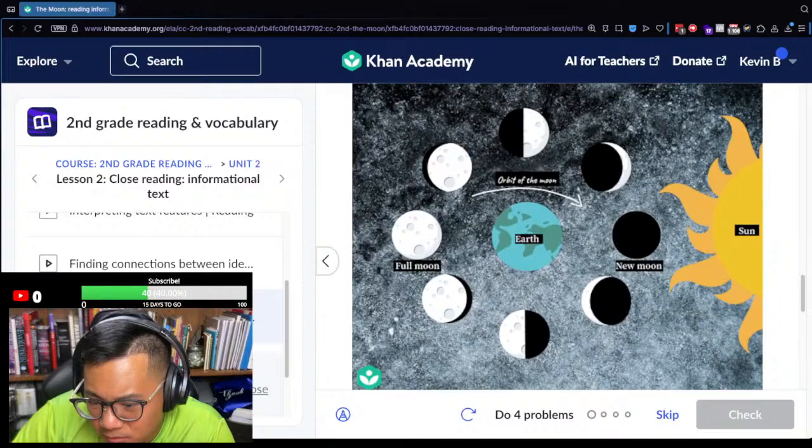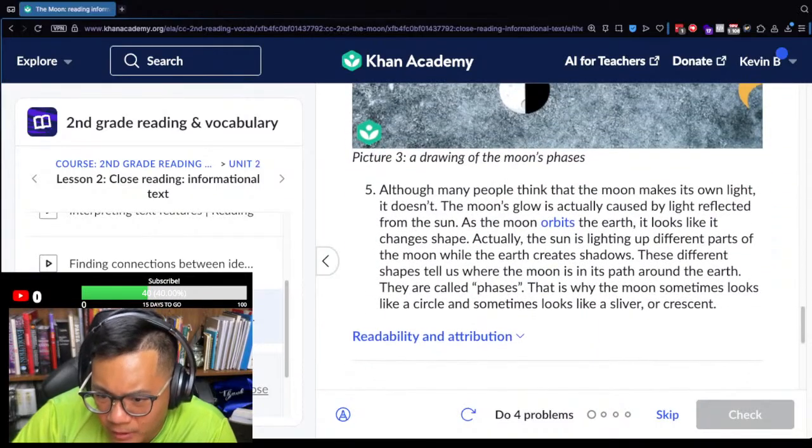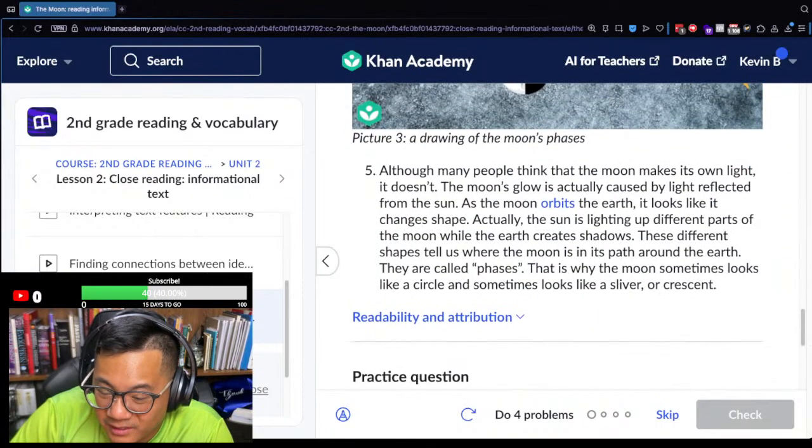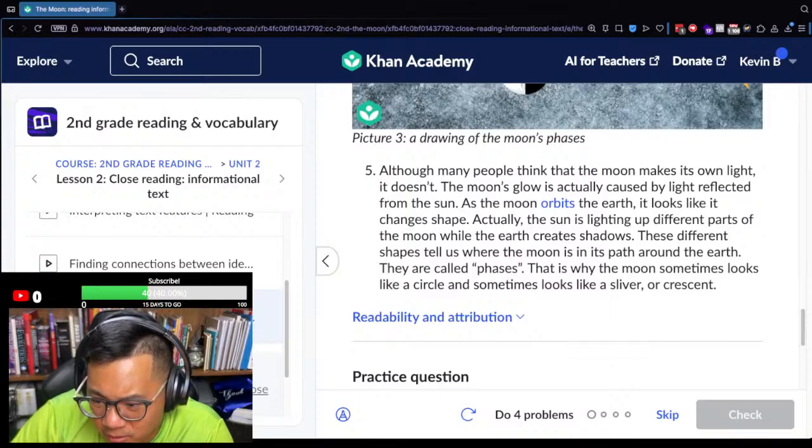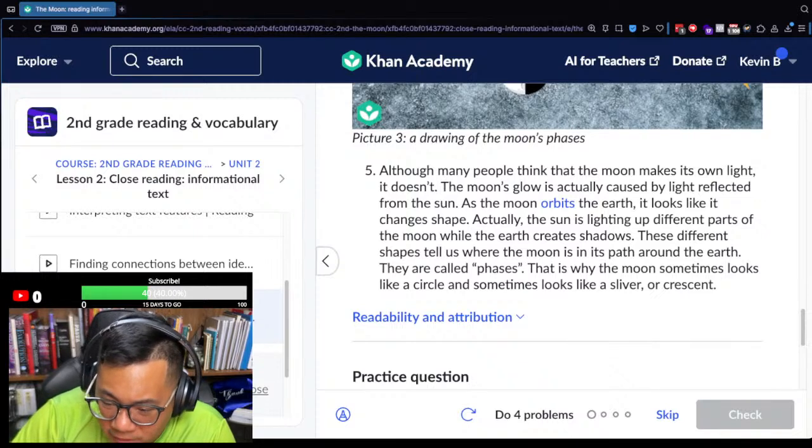Moon phases. Although many people think that the moon makes its own light, it doesn't. The moon's glow is actually caused by light reflected from the sun. As the moon orbits the Earth, it looks like it changes shape. Actually, the sun is lighting up different parts of the moon while the Earth creates shadows. These different shapes tell us where the moon is in its path around the Earth. They are called phases. That's why the moon sometimes looks like a circle and sometimes looks like a sliver or